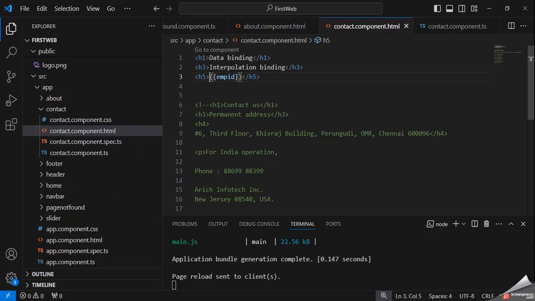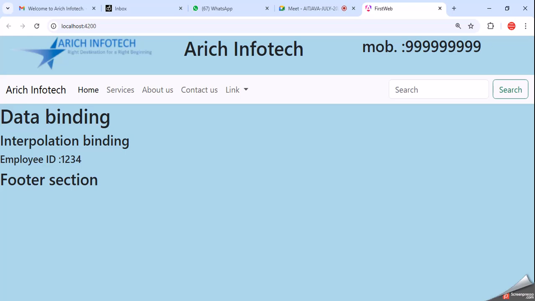If you want to show the employee ID, interpolation means we use double curly brackets and specify the variable name. So it will show the value of this variable very easily. You can see the employee ID is 1234.